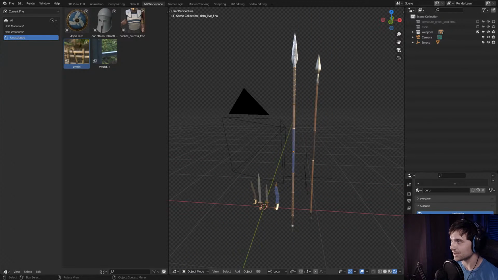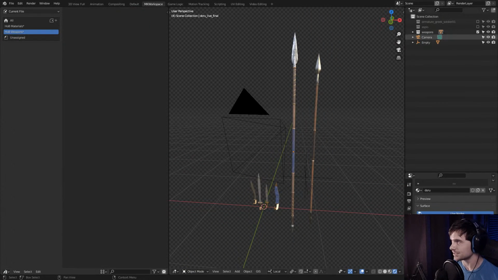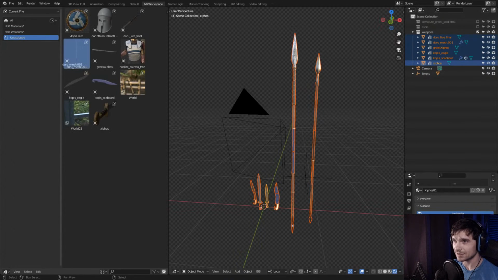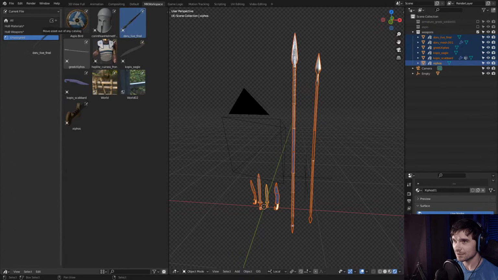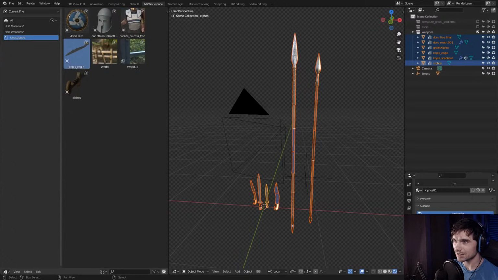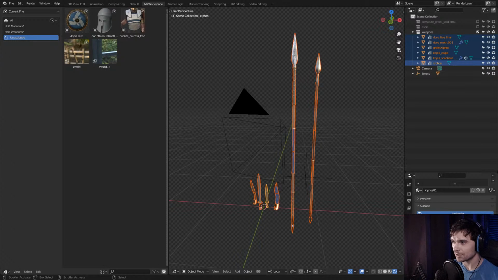And I want to create a weapons library from this. So let me just shift select this and add everything as asset. It's not in the weapons folder. I need to actually drag it inside. And that's how easy it is to create libraries. Cool, right? Last thing that I didn't really talk about,